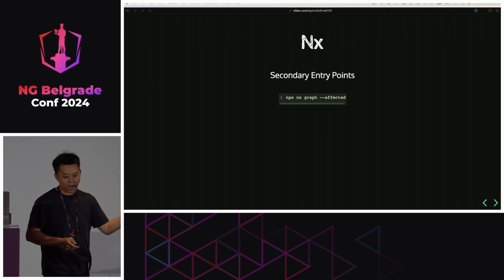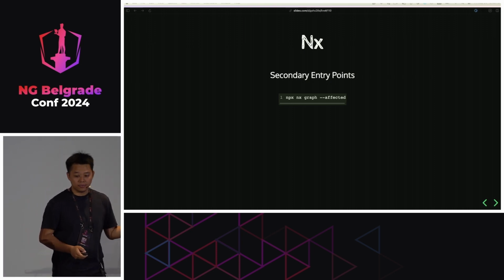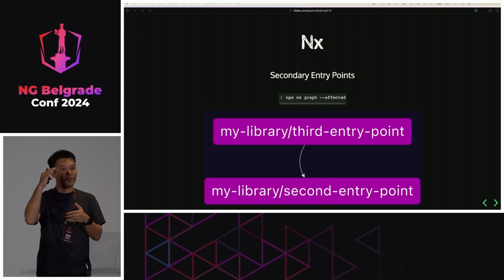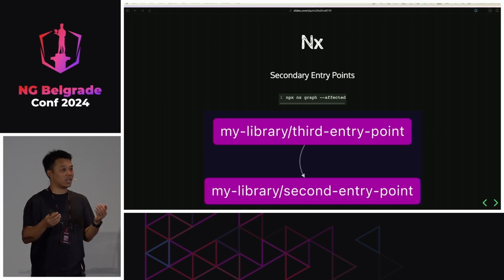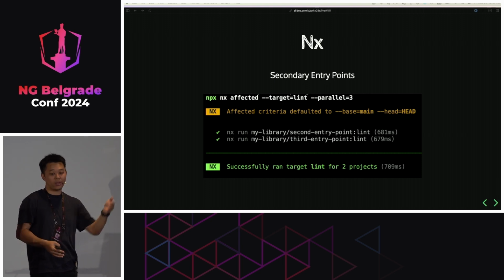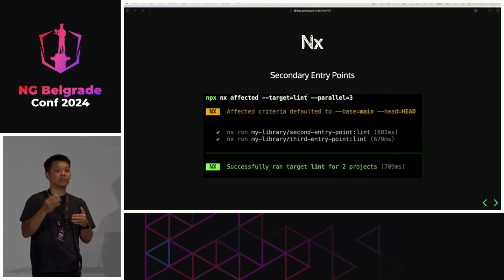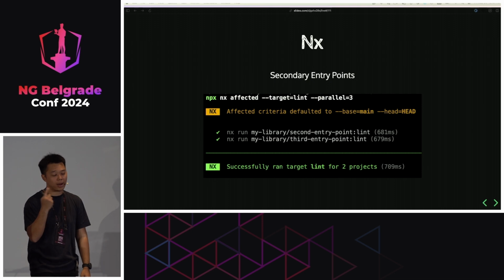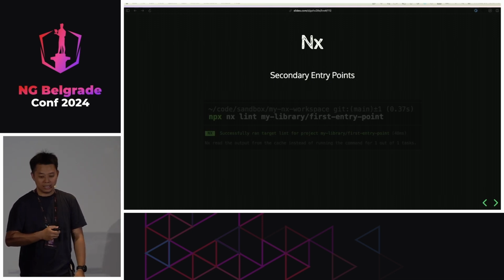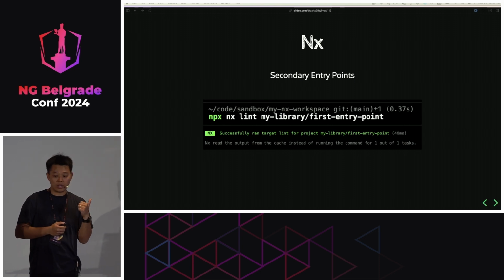So now we run nx graph affected. The affected graph is a graph that shows the affected projects based on the Git history. So because we changed the second entry point, the third entry point, which depends on the second entry point, gets affected as well. So with that, we can run affected commands with the affected target lint. We want to run lint on what's affected, and we can run them in parallel. So now the second entry point and the third entry point get rerun. But if we go back and run the first entry point, it is not affected, so it's pulled from cache